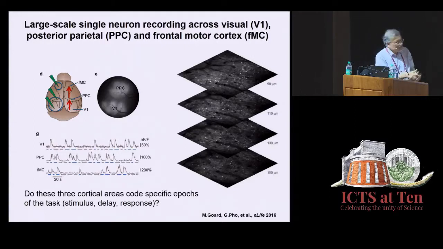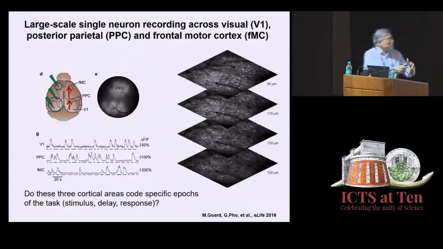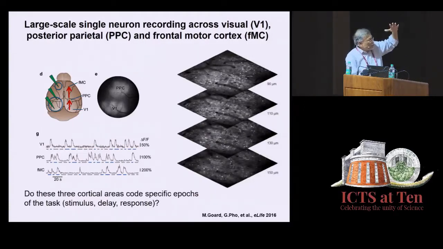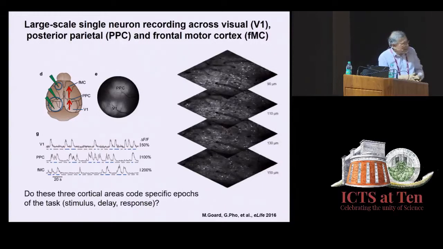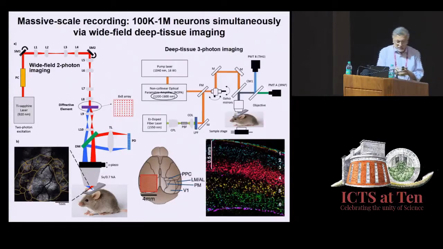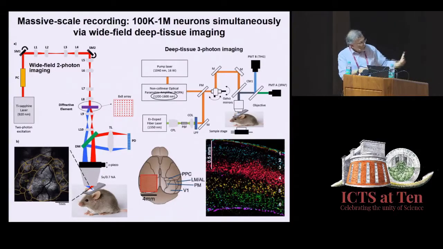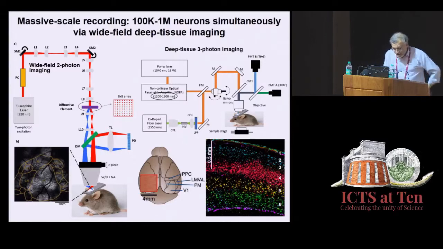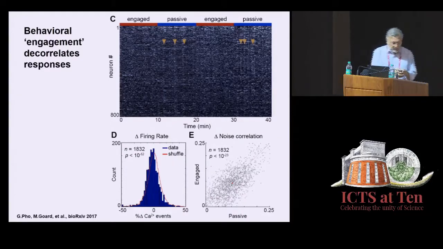That's our hypothesis. We can image through many different layers by putting a scanner, by putting a Z-piezo, and we can build systems, and we have built systems for imaging not 1,000 neurons, but 100,000 neurons. We think we can go up to 1 million neurons, and in my students' lifetime, if not mine, we believe we can image every one of 50 million neurons in the mouse brain in real time. And we do that by using wide field imaging and deep tissue imaging. And these are all exciting technologies. But very quickly,